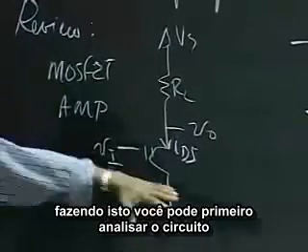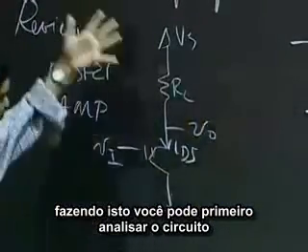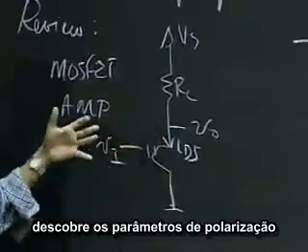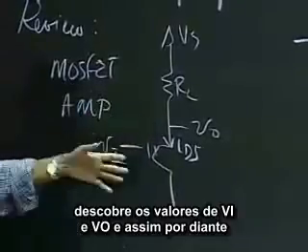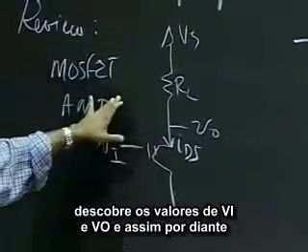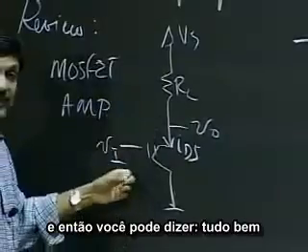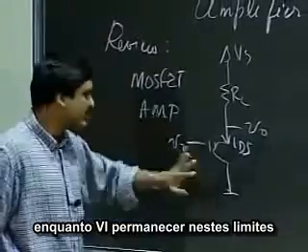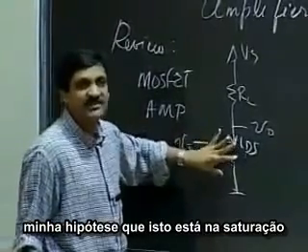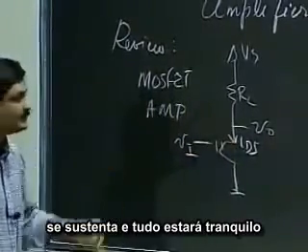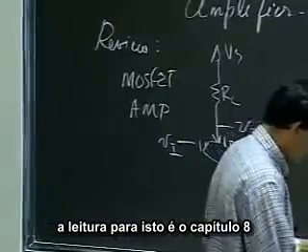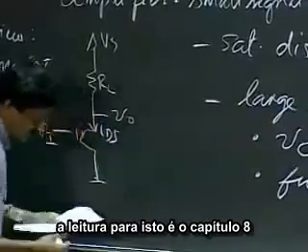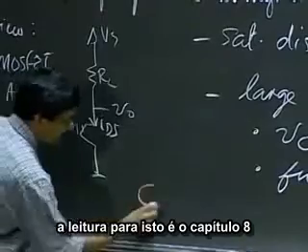Okay, so by doing this, you could first analyze the circuit, find out the bias parameters, find out the values of VI and V naught, and so on. And then you could say, all right, as long as VI stays within these bounds, my assumption that this is in saturation will hold, and everything will be fine. Okay, so the reading for this is